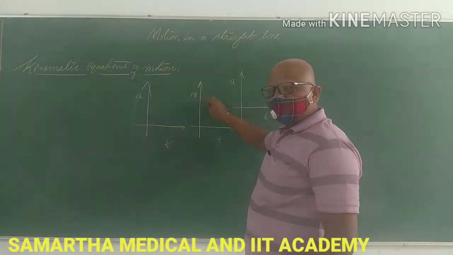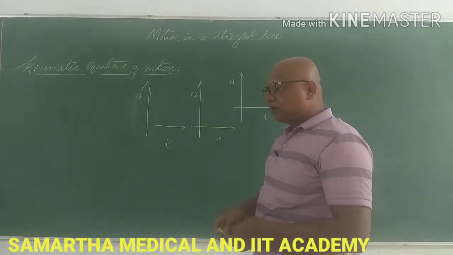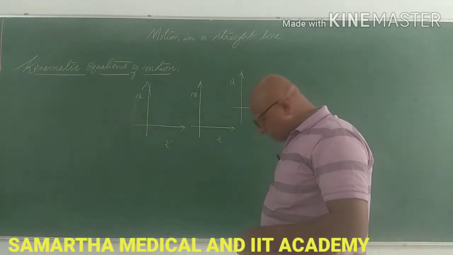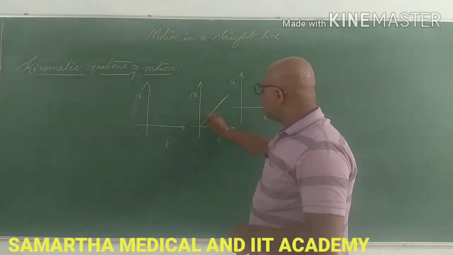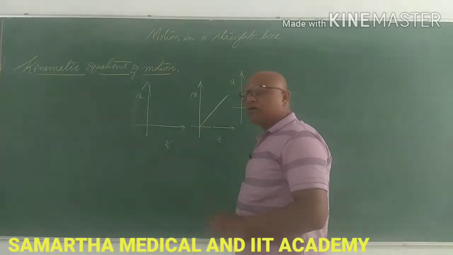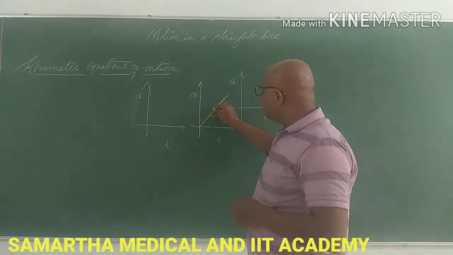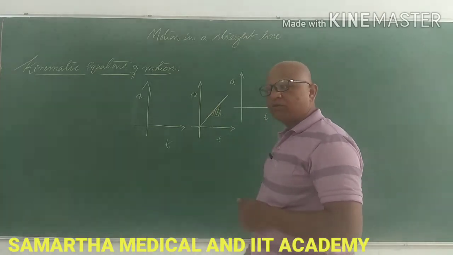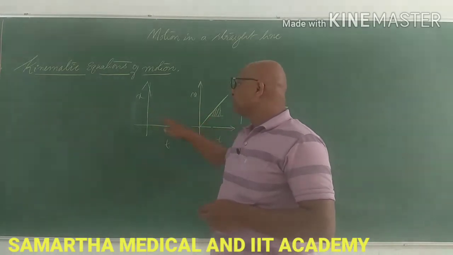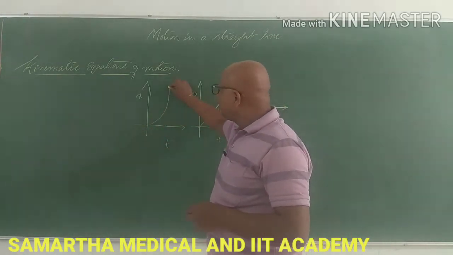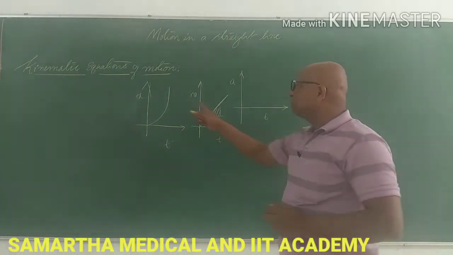For the velocity time graph, if the motion is uniform acceleration, that means the velocity of the particle is changing at regular intervals. A straight line on the velocity time graph means uniform acceleration, where the slope itself gives you the acceleration. The same situation expressed in a position time graph will be a curve, a parabolic curve.